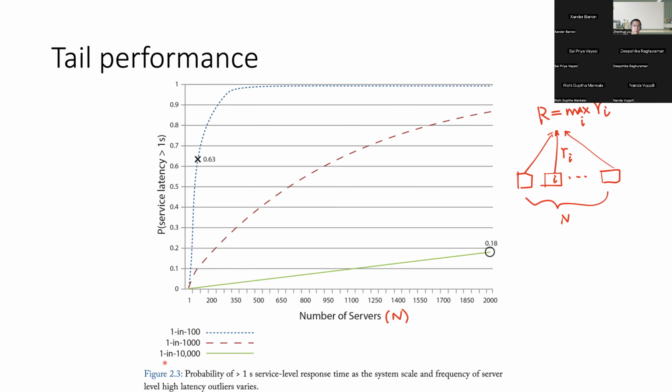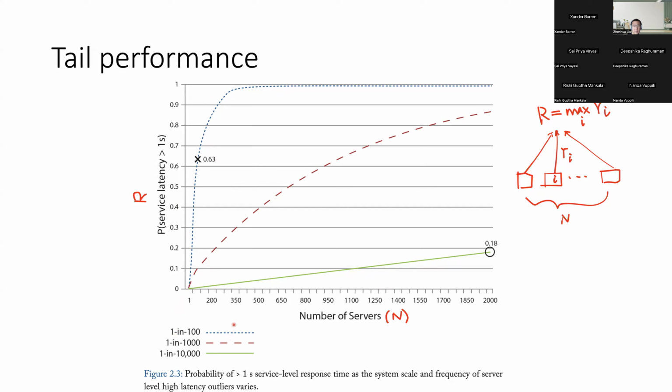1 in a second basically means that with 1% probability, this Ri is larger than 1 second. And the service latency is the probability that this R, capital R, is larger than 1 second. This is because you need to wait for the last result to come, in most cases. So that's why even a small level of parallelization